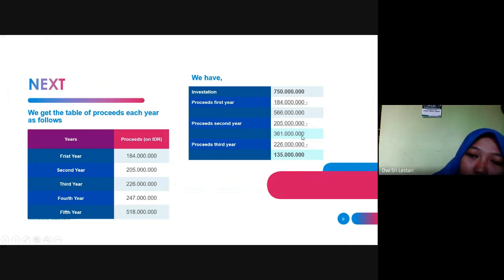And we subtract with proceed second year, 205 million. We have 361 million. And we subtract with proceed third year, 226 million. And then we have 135 million,